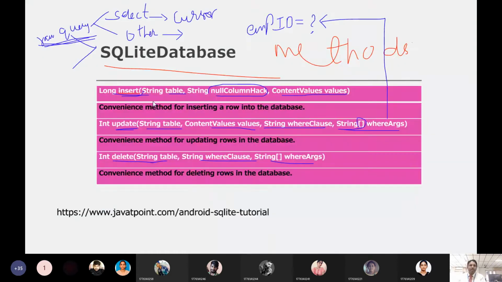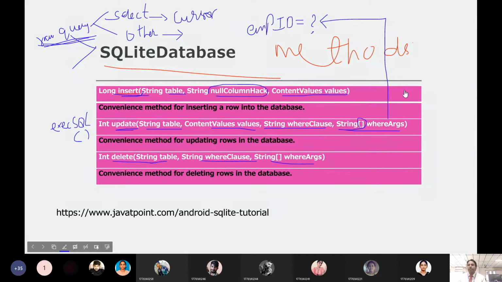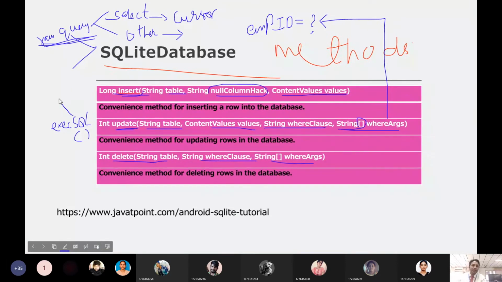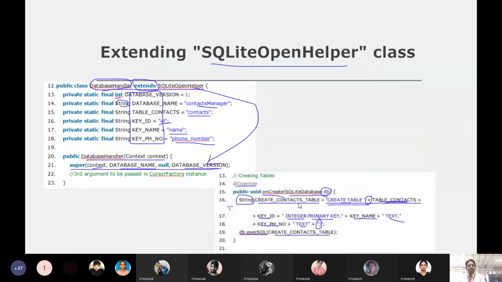So in the previous list we haven't seen exec_sql. Means not only these methods, there are so many other methods available in SQLite database. Some of the important methods are displayed over here. Okay, this exec_sql will execute a raw query. Means a query like how we write in Oracle, in the same format we will write over here. So that is about it: we just gave the name of the database, and then we created the table